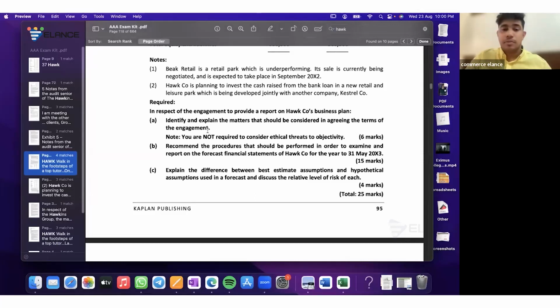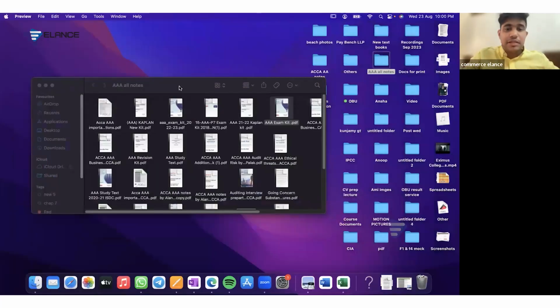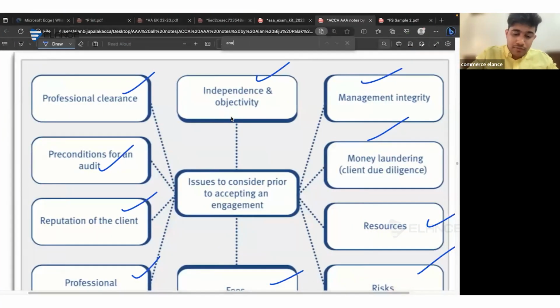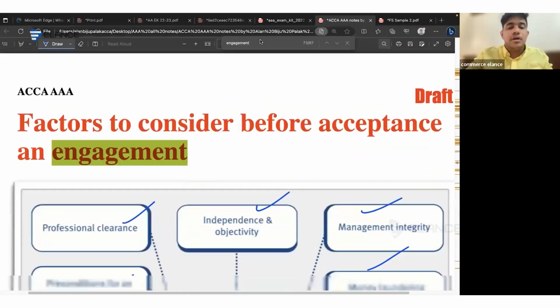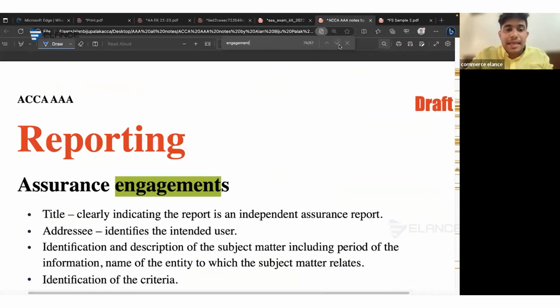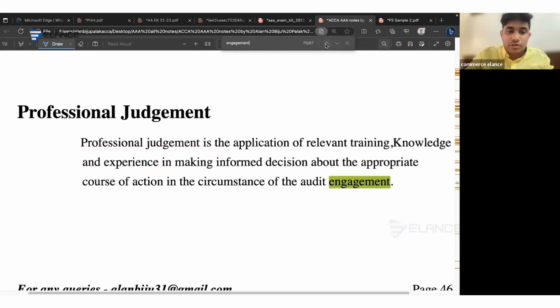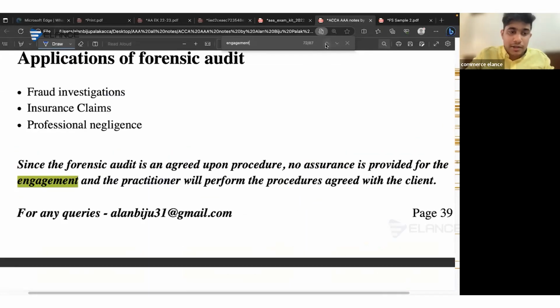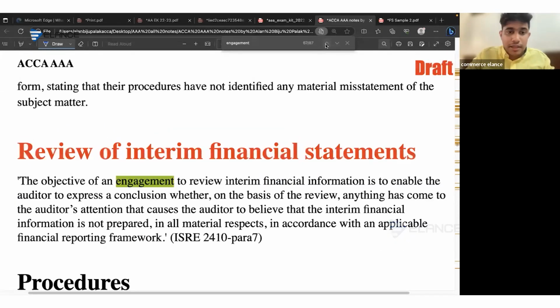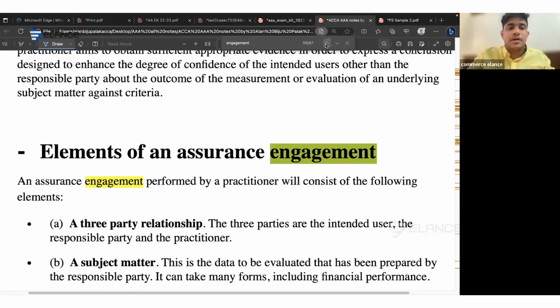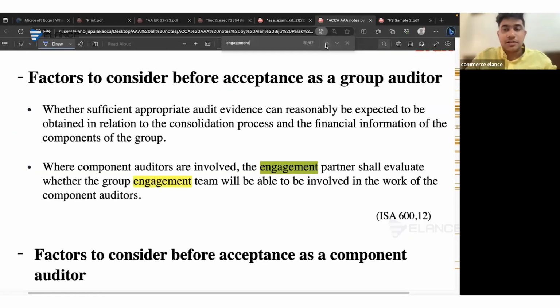So when you get a question on matters to be considered before agreeing the terms of an engagement, we know that the terms of engagement will be included within the engagement letter. So the engagement letter will consist of the terms and conditions of the engagement. So if you get a question on matters to be considered before agreeing the terms of an engagement, then you should be referring to the content of an engagement letter. So what will be the content of an engagement letter? It will consist of the